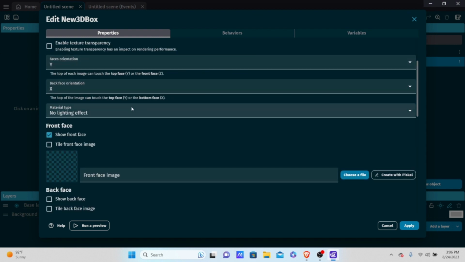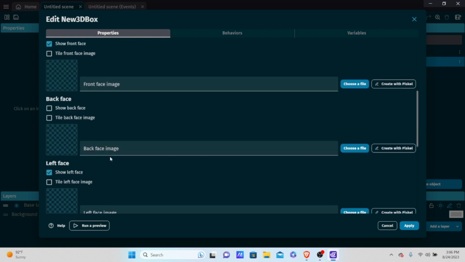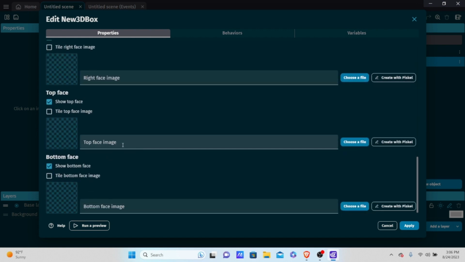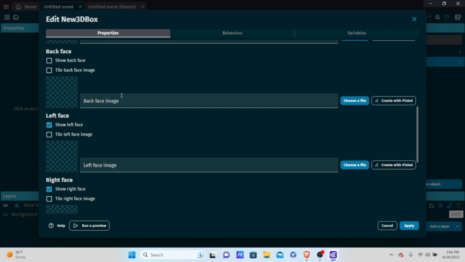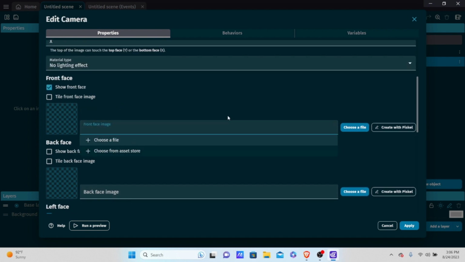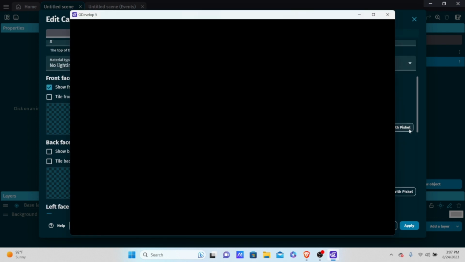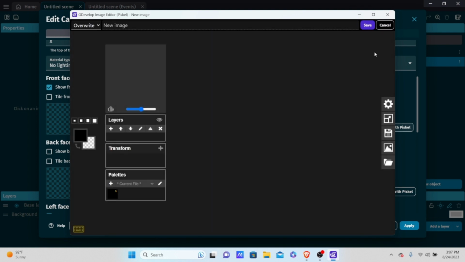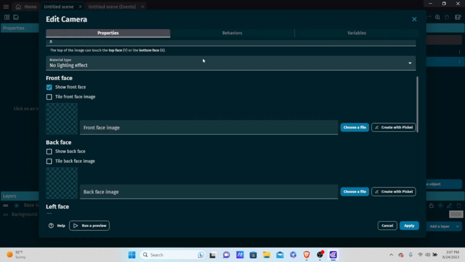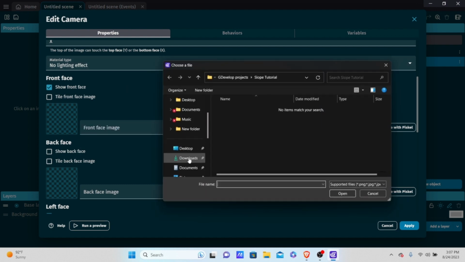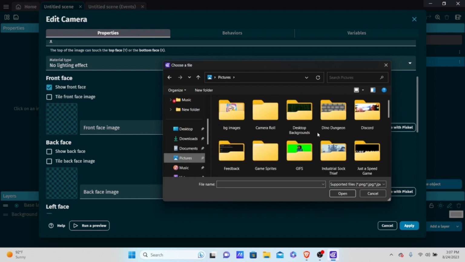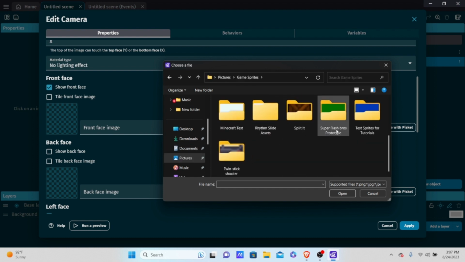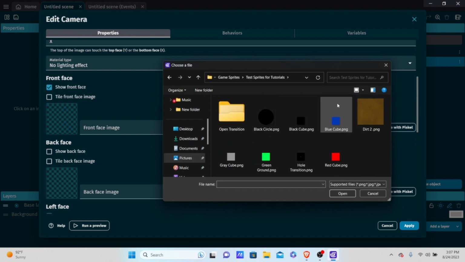We have camera. And the sprite that we want to use, we have 6 sides or 6 faces. And all of these faces need to be a sprite. Now I'm going to go into here. Normally you would go into Piskel. Like I said, if you've seen my other tutorials, my Piskel is always broken. But all you have to do is create a 32 by 32 cube of any color you like. But in my case, I'm going to go to my files. I'm going to go to my pictures. I'm going to go into my game sprites and the sprites I use for my tutorials, and go into my